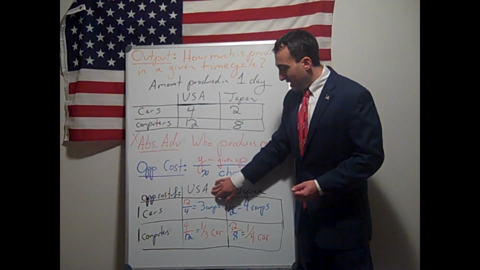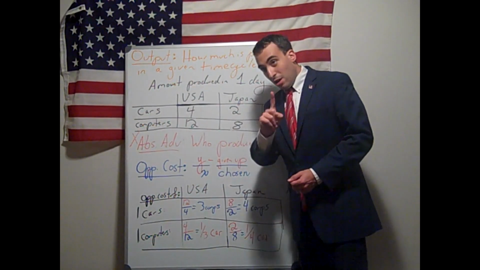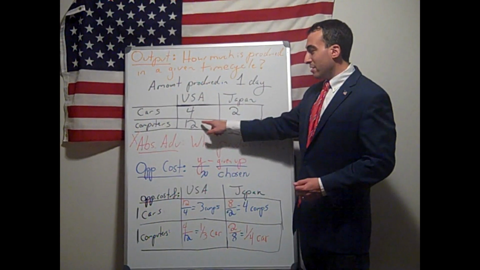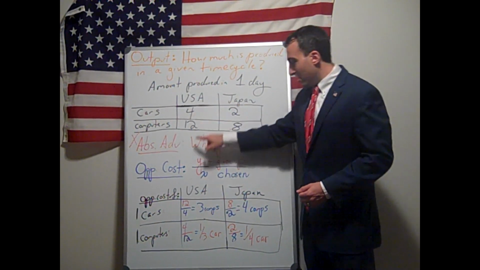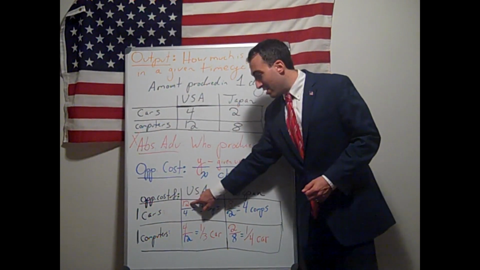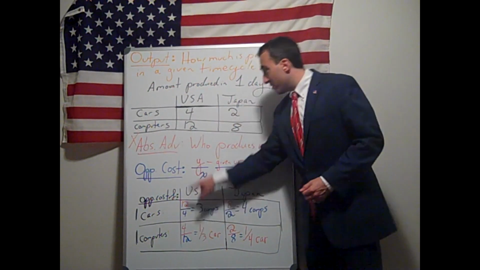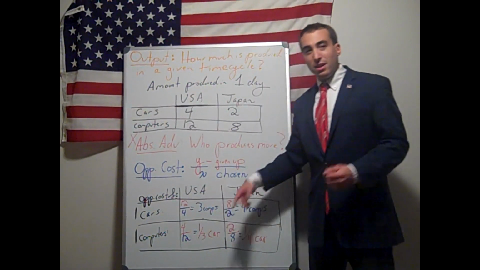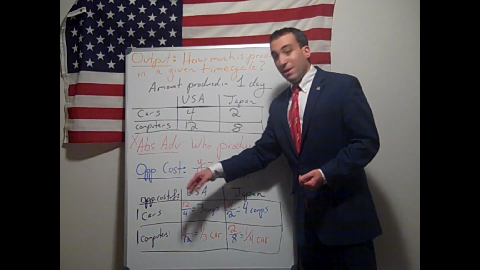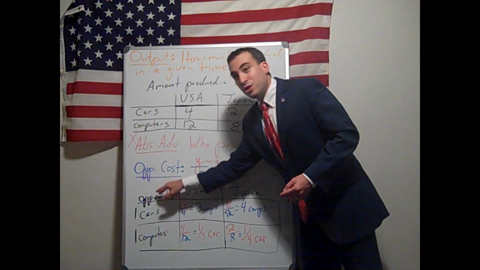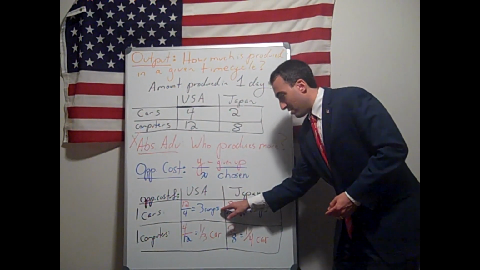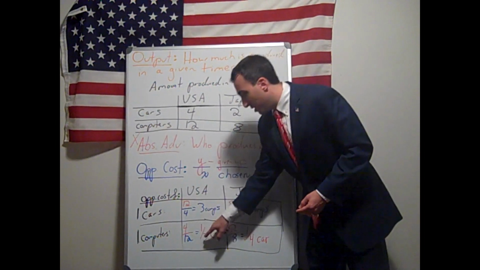So for the USA, the opportunity cost of 1 car, to make 1 car, we are sacrificing, giving up computers, so the 12 goes on the numerator. We are choosing cars, the 4 is the denominator, 12 divided by 4 is 3. What does that mean? If we read the sentence fully, we would say the opportunity cost of 1 car is 3 computers. And now for computers,